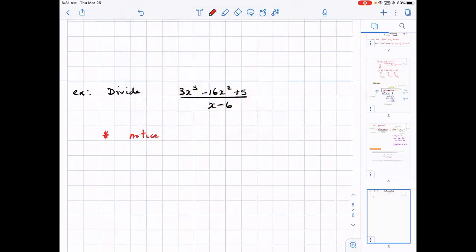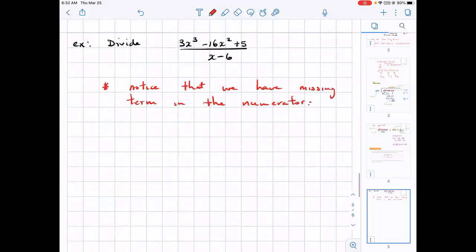Notice that we have missing terms in the numerator. When this is the case, we will use placeholders. So we can write this as